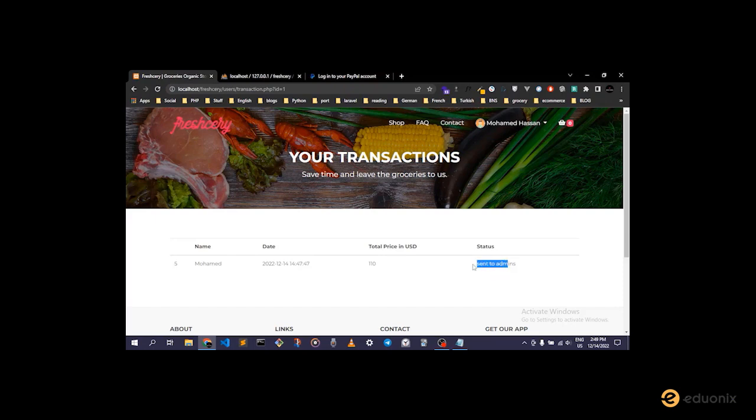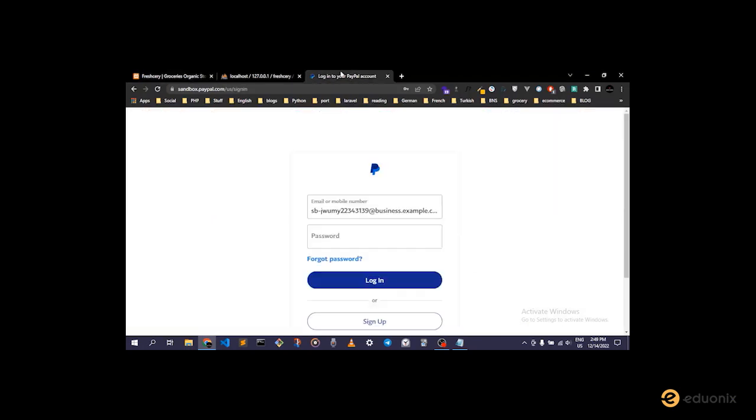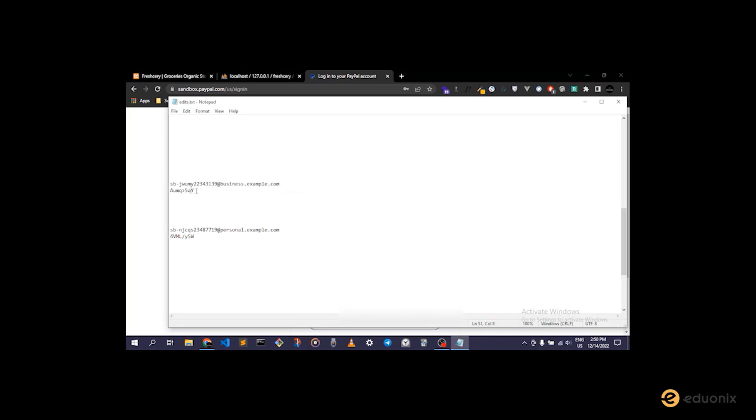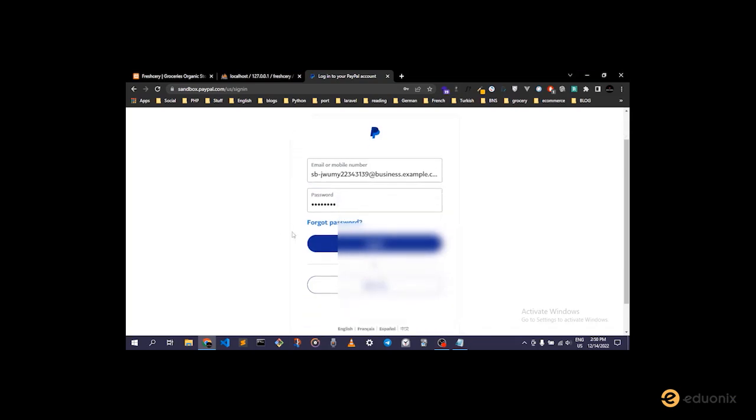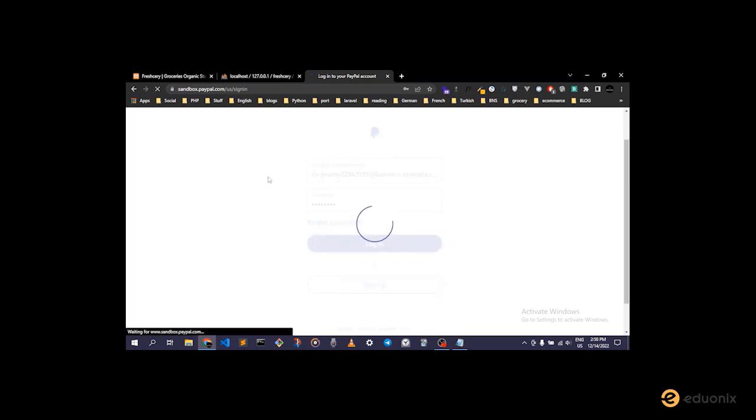So it says sent to admins, and we're gonna fully control the status of the orders using our own admin panel. So if we go right here now, I want to show that the payment has been processed. So if we go to sandbox.paypal.com right here, and simply log in with our own business account, we should see that our balance has $110 added to it. So if we click on login,